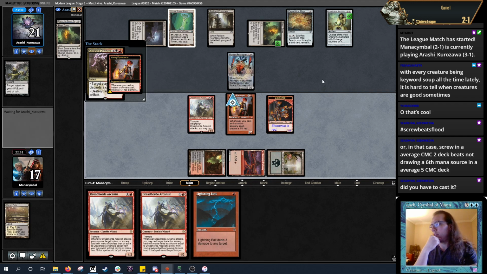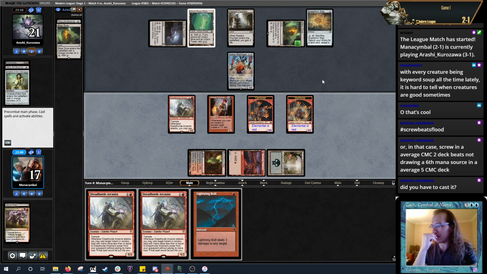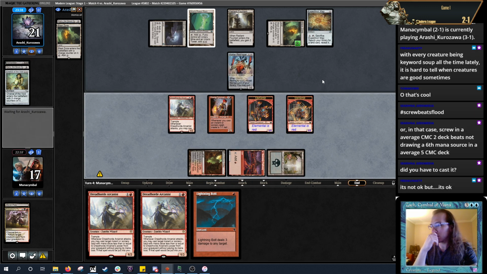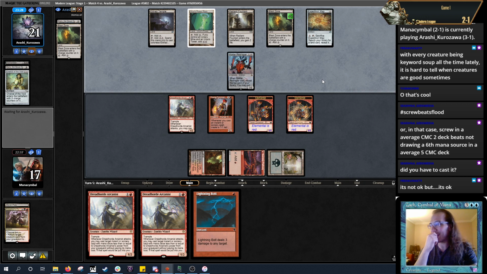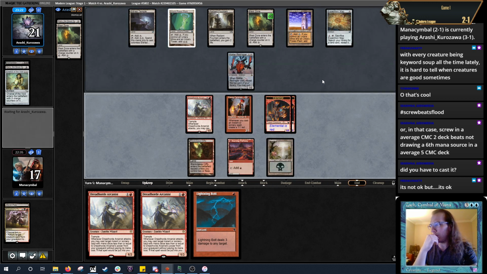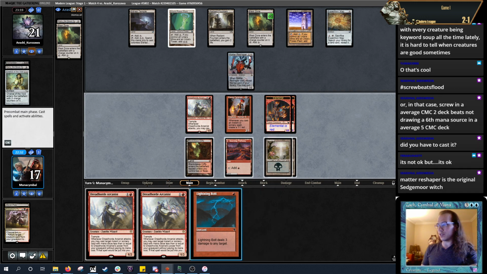This is fine. It's not great, but it's fine. They did not search in response. Interesting. It's not okay, but it's okay. Well, they're going to have Tron. Thus far, nothing to do with it, but they're going to have Tron. We're going to have a reasonably fast clock, but yeah, this hand is not coming together. Village Rites would turn this around in a hurry, but...